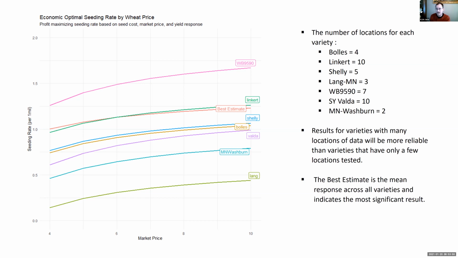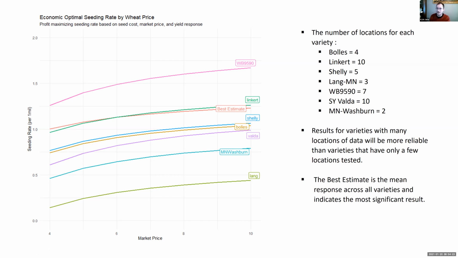Since we had quite a bit of data, I thought maybe we could get pretty close to that. Again, I threw in that sort of best estimate. This would be the mean response across all varieties. As you can see, it's right here in the middle. I would remind you that the yield optimal seeding rate was like 1.39, so that would be just a little bit above this best estimate, but it's above for all market prices, which is to say that